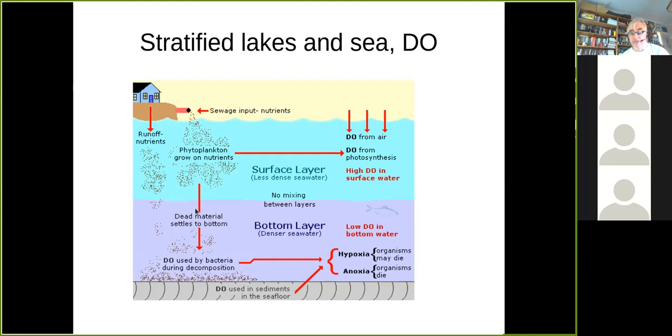And this dead material that settles to the bottom consumes oxygen, especially if there is a stratification, that is a mix maybe of some surface layer, but then